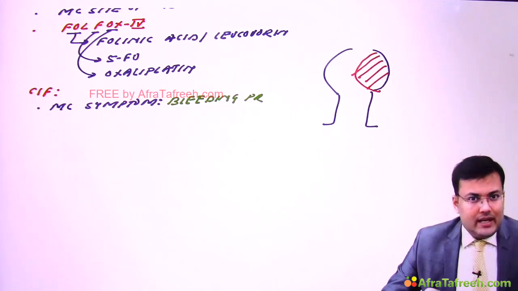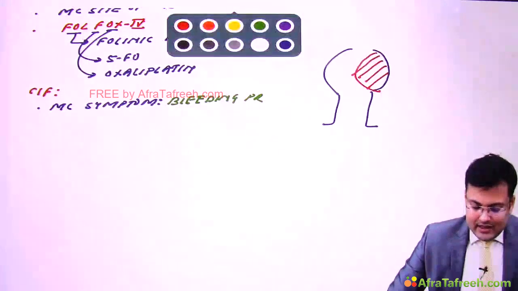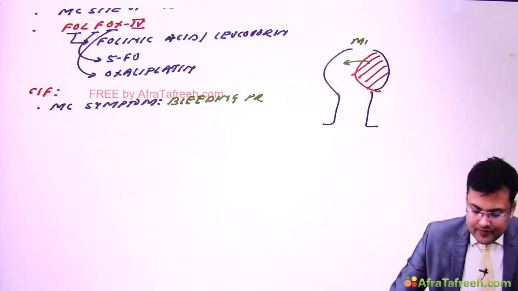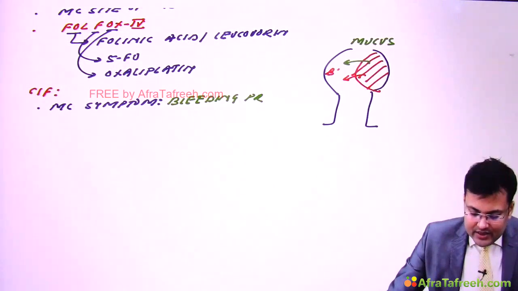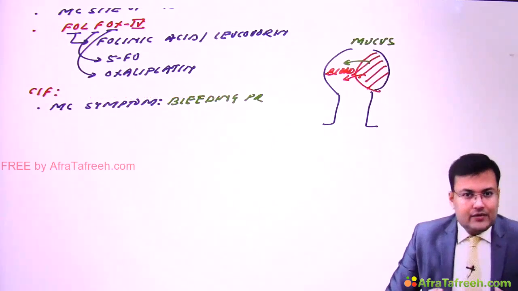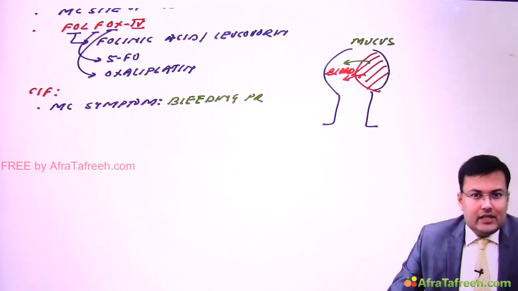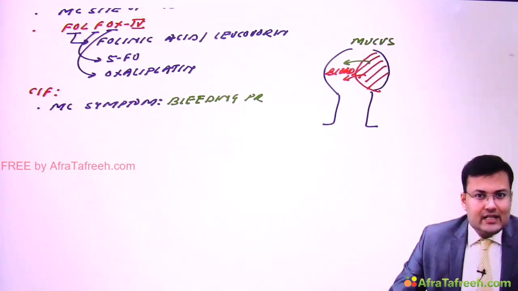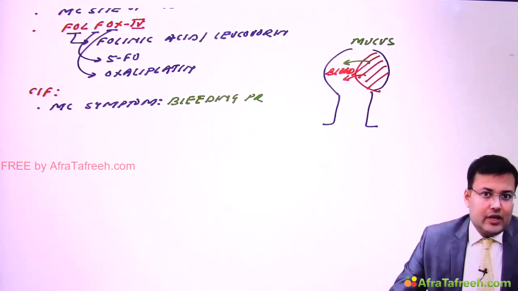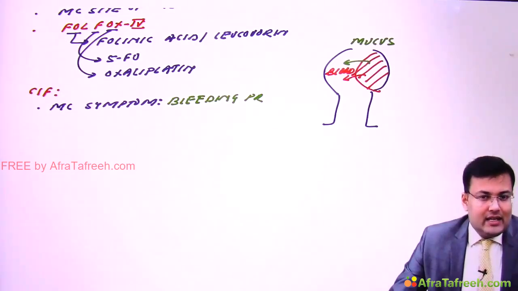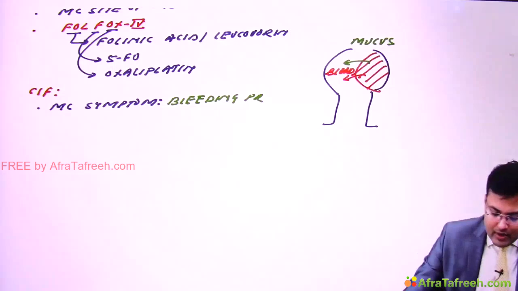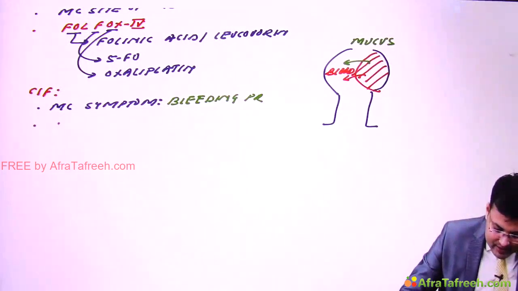When the patient is sleeping at night, what happens? From this malignancy there is mucus discharge. And what happens in the night? There is bloody discharge. So the rectum is full, containing mucus and blood, and whenever this patient gets up in the morning, there is an intense desire of defecation and the patient runs towards the toilet for passing stool. What's the name of this symptom? In early morning, intense desire of defecation. This is known as early morning diarrhea.